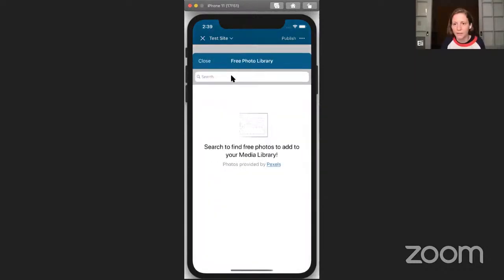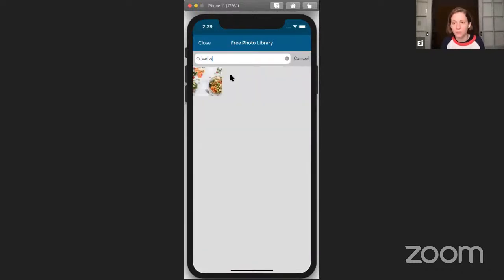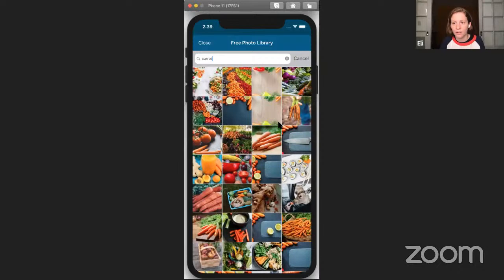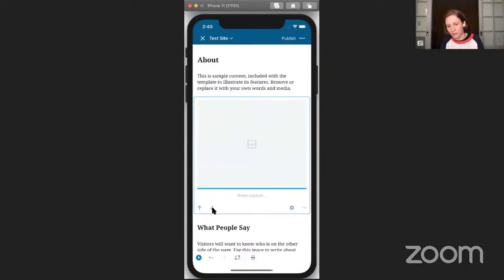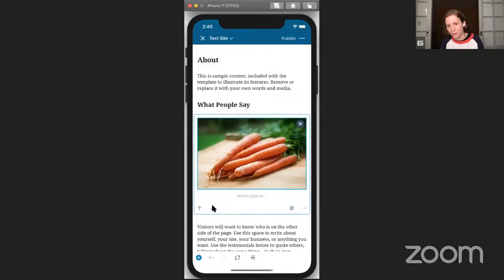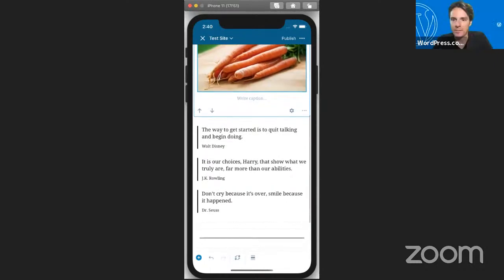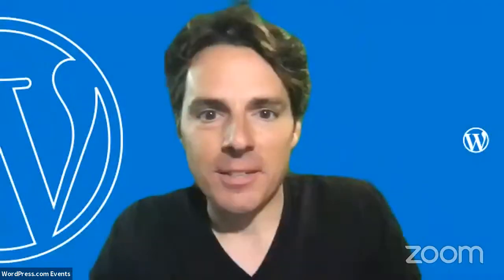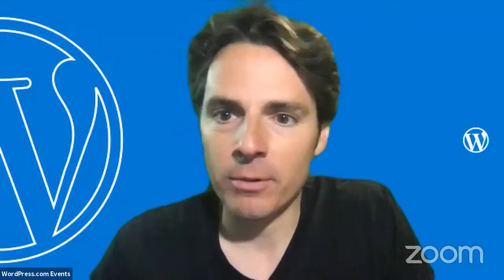Let's just add something from here. What about the carrot? Oh, there. Okay, so we have the image here. Just tap on the arrows and it goes down. That easy. Awesome. Yeah, it's become so very easy to move content of all types around using those blocks